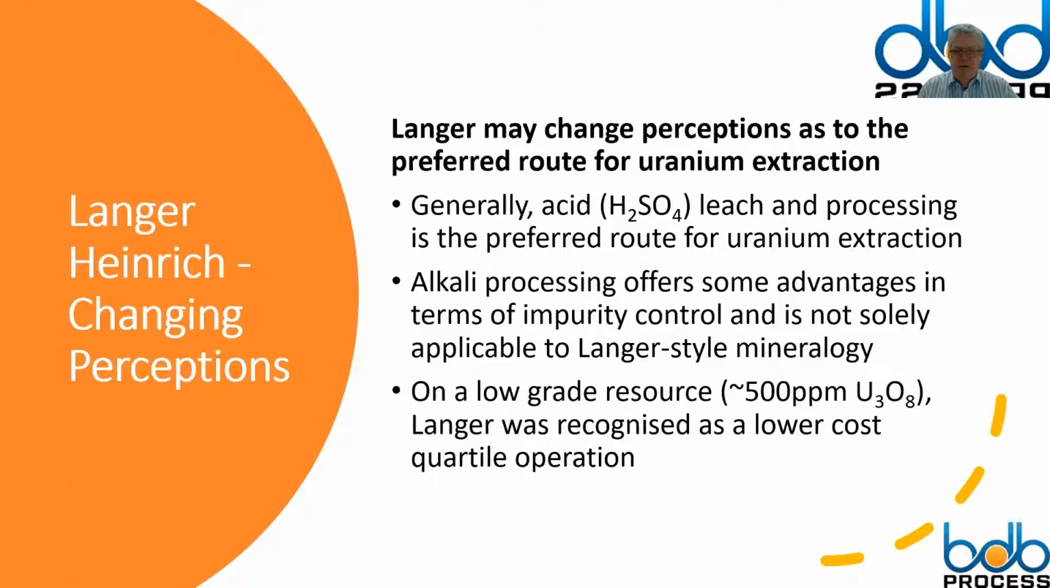The alkali route is not solely applicable to Langer style mineralisation. Kintyre, for example, was tested for both acid and alkali leach. They took both to full detailed feasibility level, and indeed the alkali process technically looked, my understanding is, a little better. But Langer, on a low grade resource, around 500 ppm U3O8, was recognised as a lower cost quartile operation, and I think that's quite a leap for the technology that was at play,